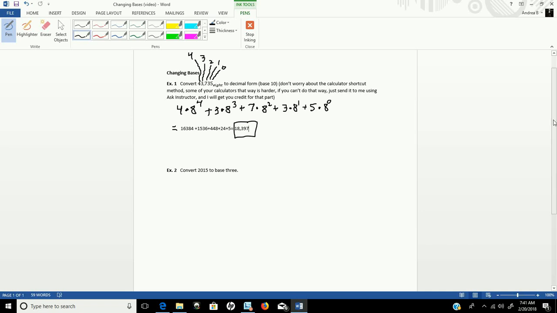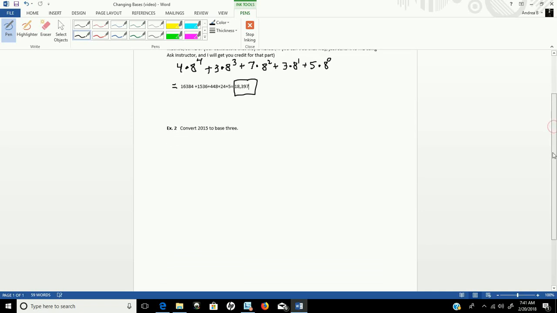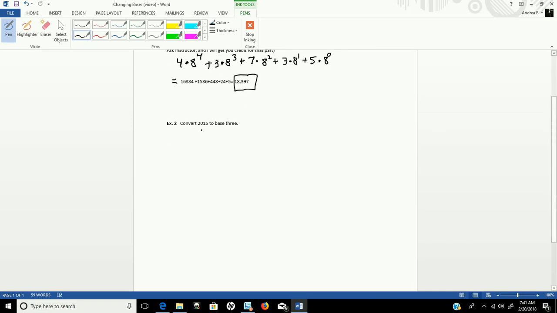So then for the other example that I want to do right now, let's convert the number 2015 to base 3. This way is the way that normally gives more students trouble. So one way to do it, the way that I normally do it, is I use what they call repeated division. So what you do first is you write out the 2015,